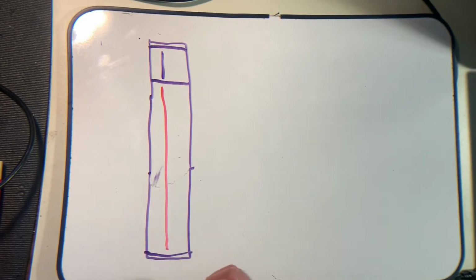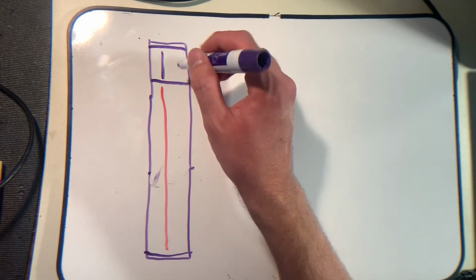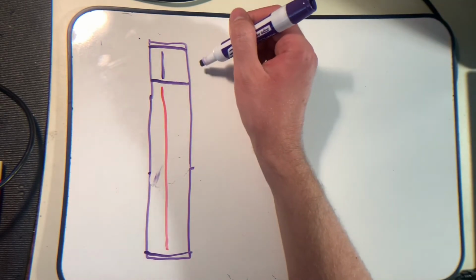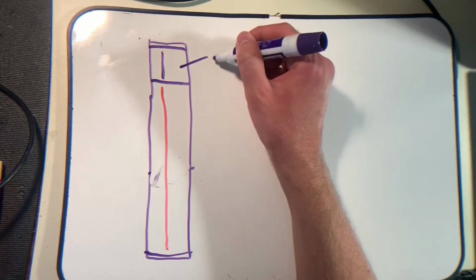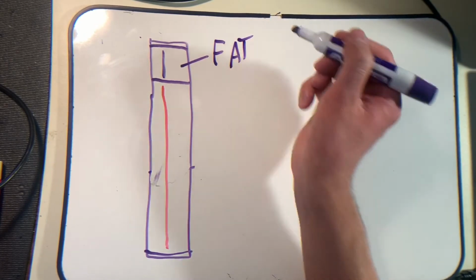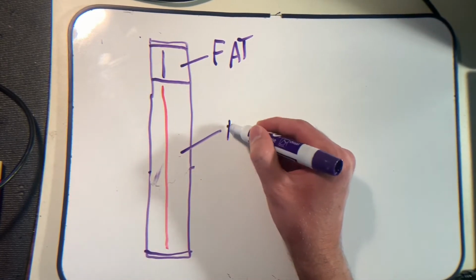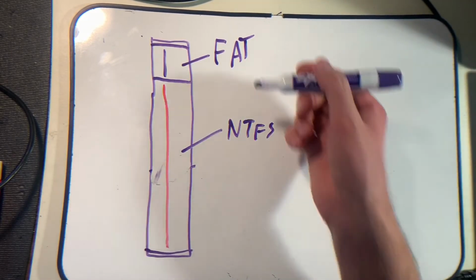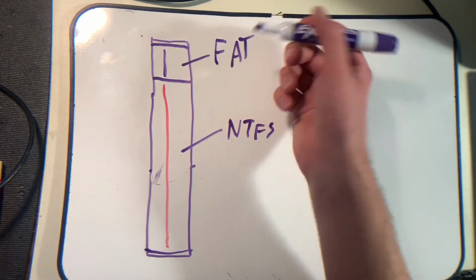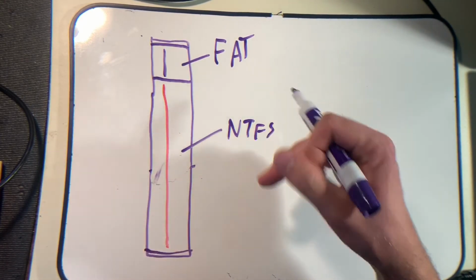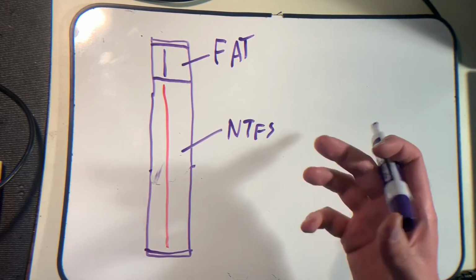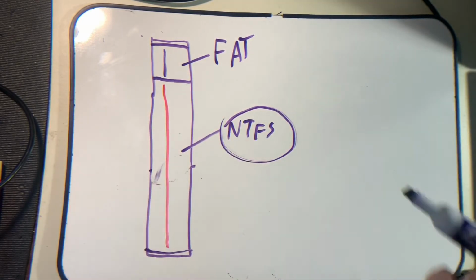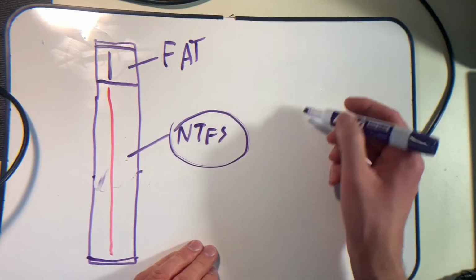And one important aspect of partitions is that they are completely removed from file systems. So what you could do is you could have one type of file system here, let's just say it's FAT file system, and your second partition could be NTFS. That's perfectly valid. The reasons you might want to do that is, well, your computer, for example, if it's an older computer or a certain type of computer, it may not be able to recognize certain partition or certain file systems. Because the way file systems work is you have your